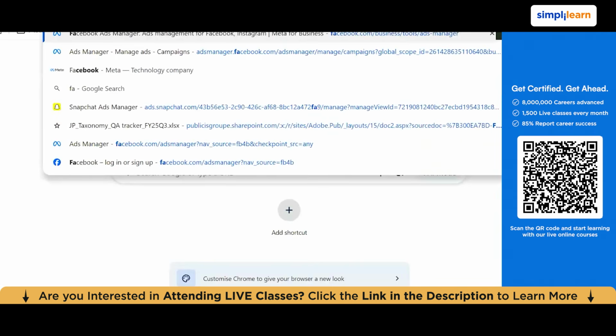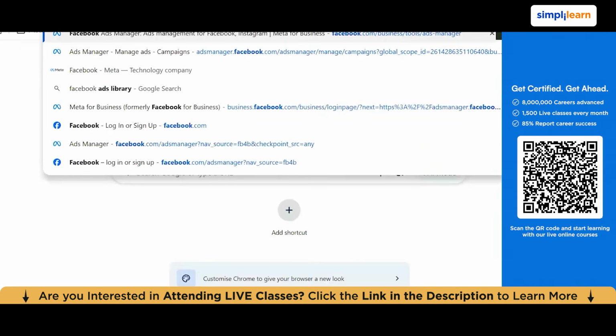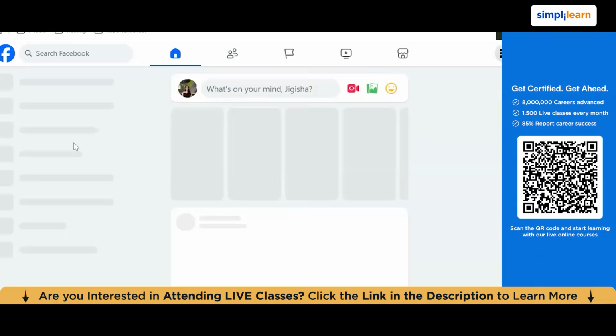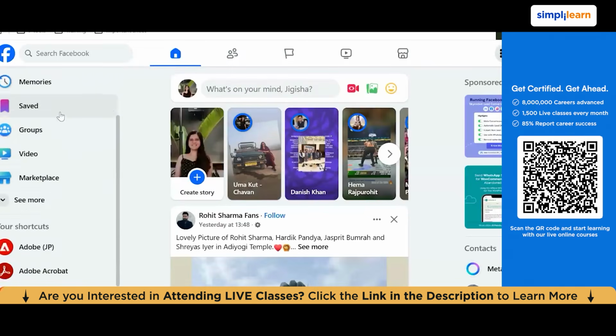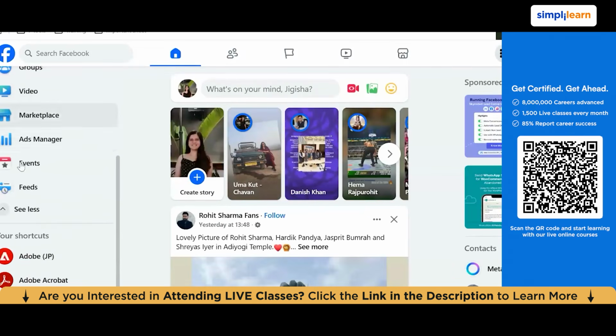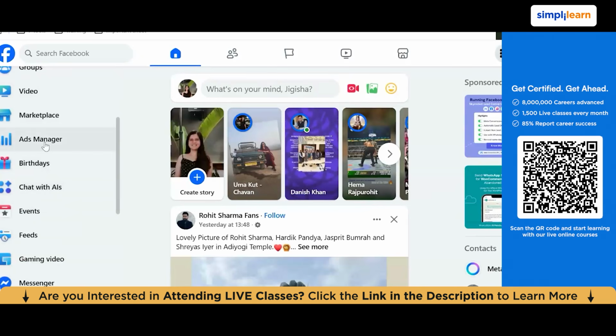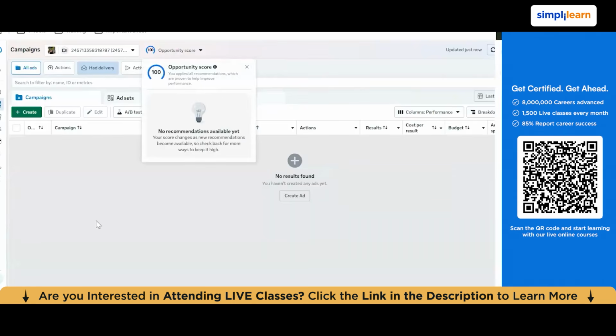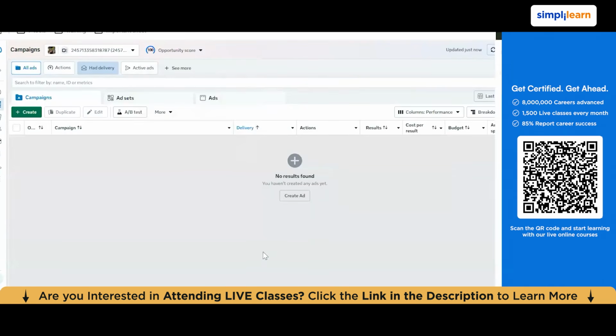So by the way, in future, whenever you want to access ads manager, you can just log into your Facebook account. You all would have a Facebook account, and towards this corner, you would see this ads manager section, and this is where you can access the backend. This backend is where all the big brands create their campaigns. So this is where we create the ads, and that's how you see those ads